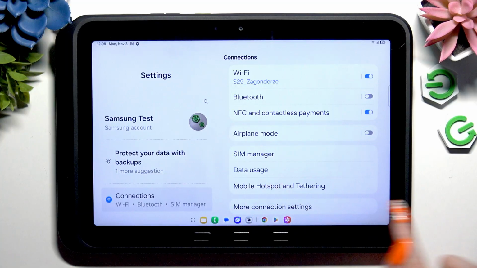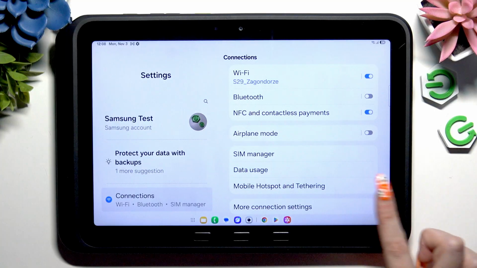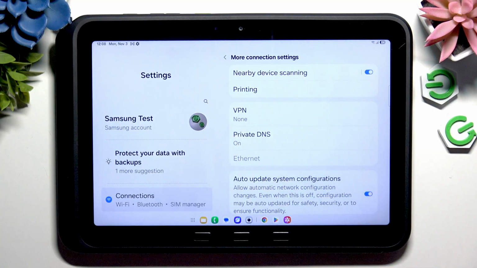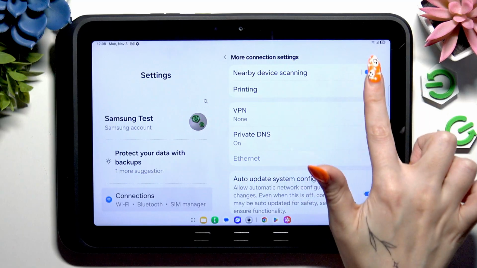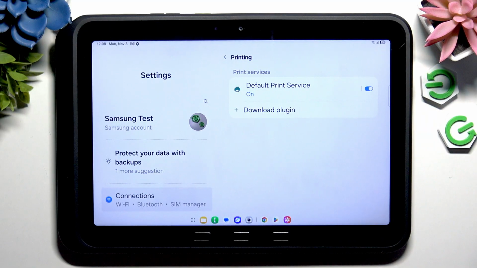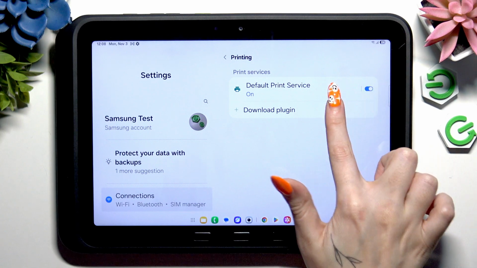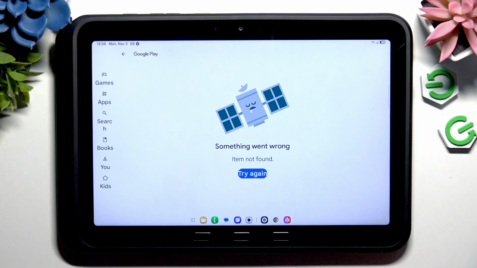Then hit More Connection Settings at the bottom and hit Printing at the top. Now you can either use the default print service right away or tap on Download plugin and download the best one